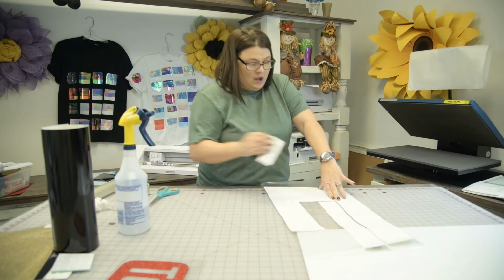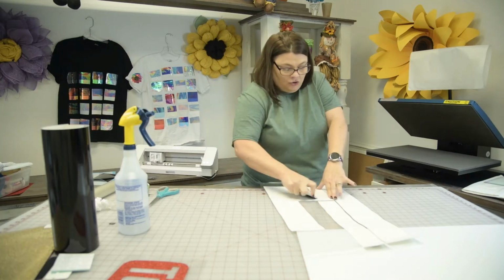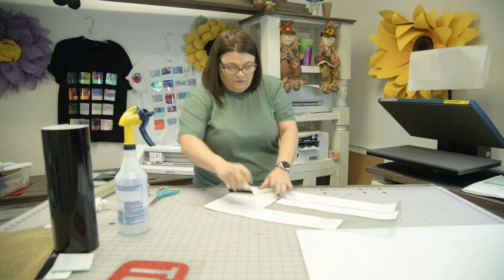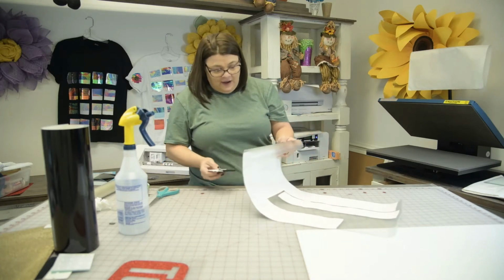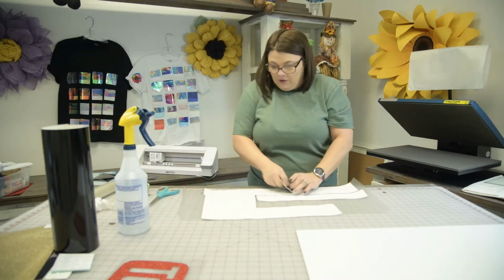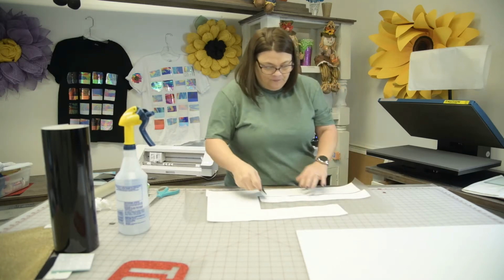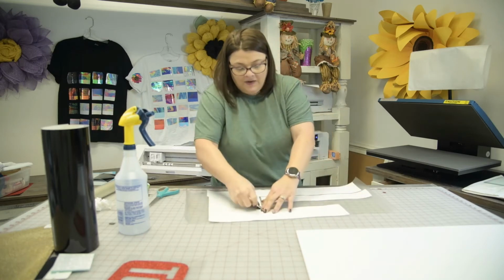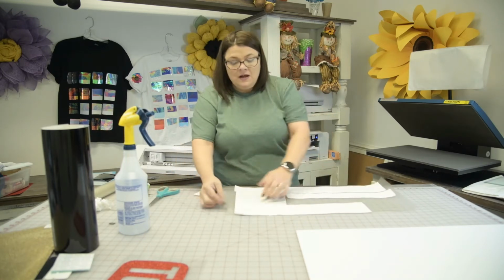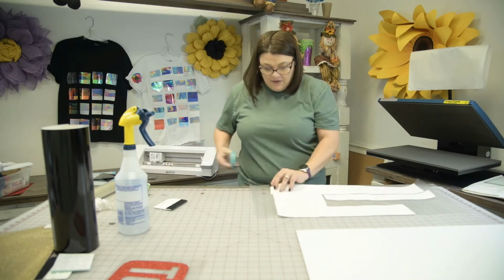I like to, what they call burnish, is you're going to get a lot of friction. You're going to get a lot of pressure. You can do it on the back side or you can do it on the front side, however you would like. But if you do not get a good contact or hold on it, then you are not going to be able to pick it up, and it's going to stick. So now that I've done that,